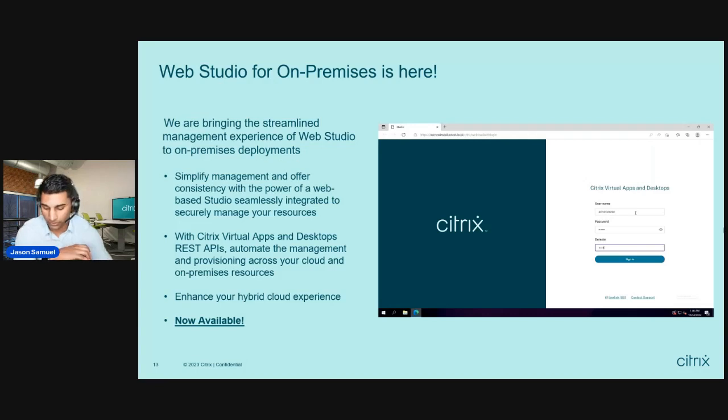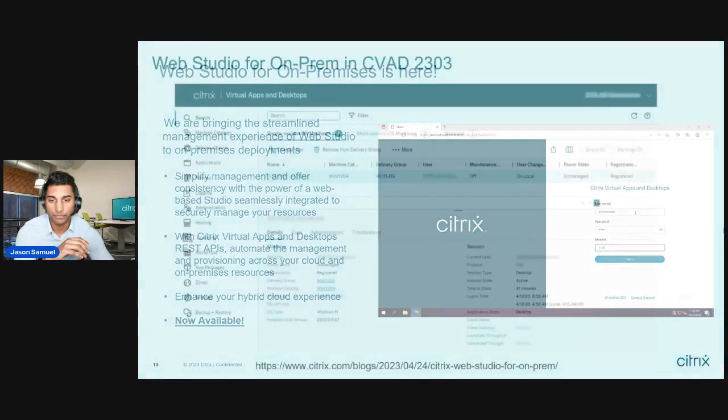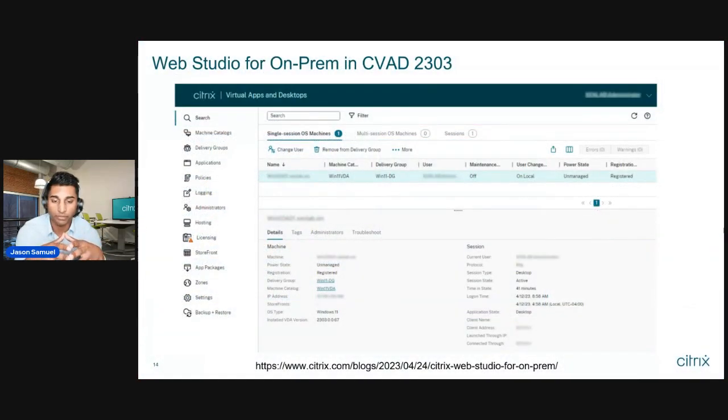The install is very quick to do. The installer even sets up an SSL cert for you, the self-signed cert if you need it, things like that that you would have had to do manually. It's part of the installer, so we make it very easy to set this up. As far as how it looks, this is how it looks. When you first look at it, you almost think that you're using the cloud-based control plane, and that's on purpose because we want it to be the exact same experience. It's using the same code and the same REST APIs underlying, so that's why it looks the same.